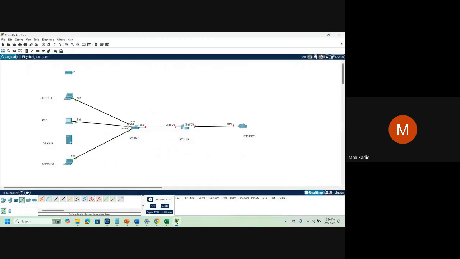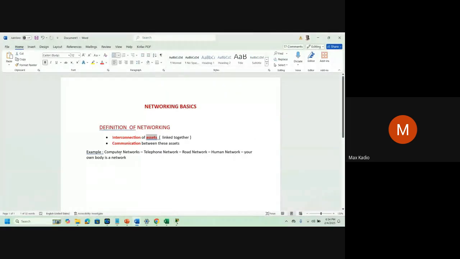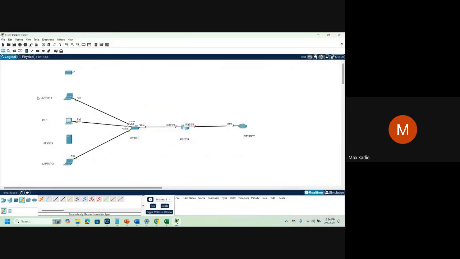We have PCs, laptops, switches, routers, or component or element, and they communicate between themselves. You see, PC laptop 1 can go to the internet, or laptop 1 can communicate with laptop 2, and they can talk to each other, like cell phones.